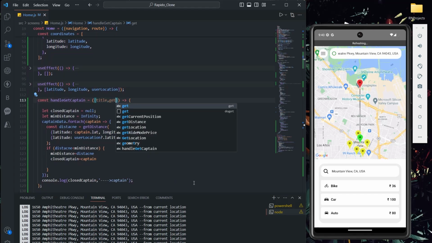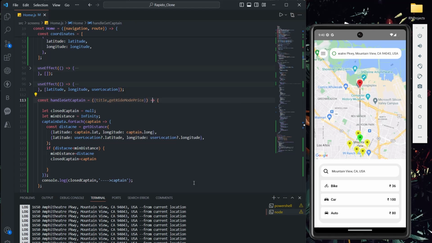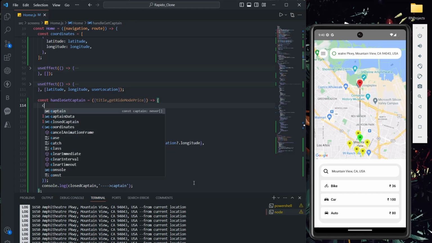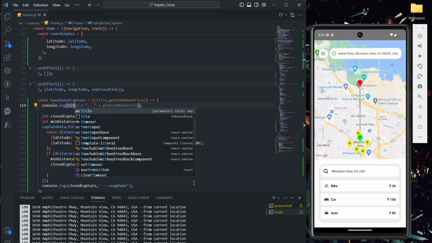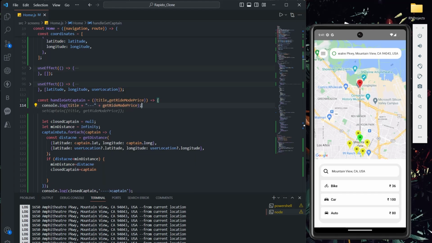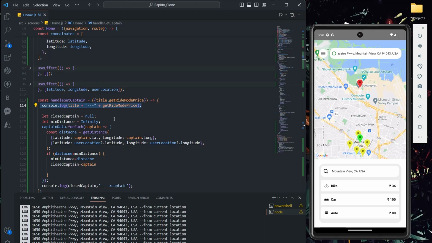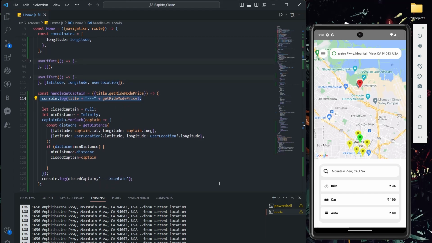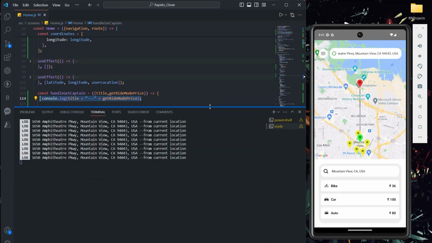After that, getRideModePrice. These are the two things we are passing, right? So now let me do console.log so that we can get an idea whether we are really getting them or not. Okay, these are the things I am doing here. Now let's check the terminal, are we really getting values or not.